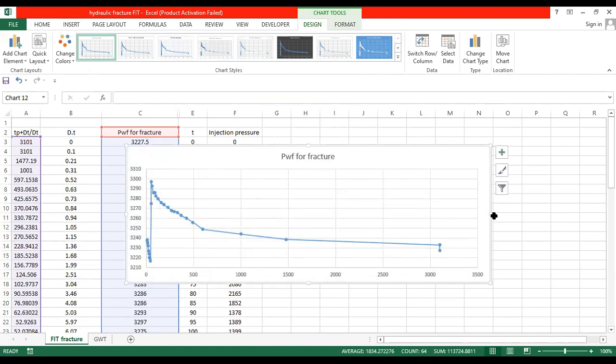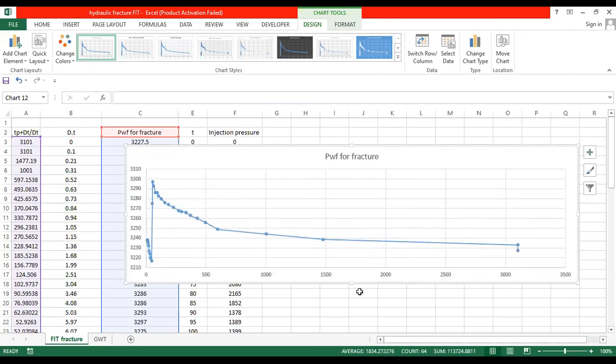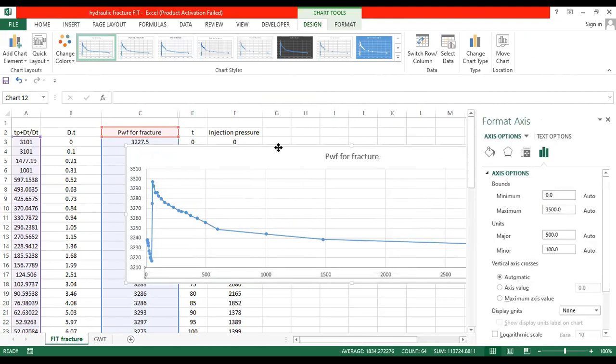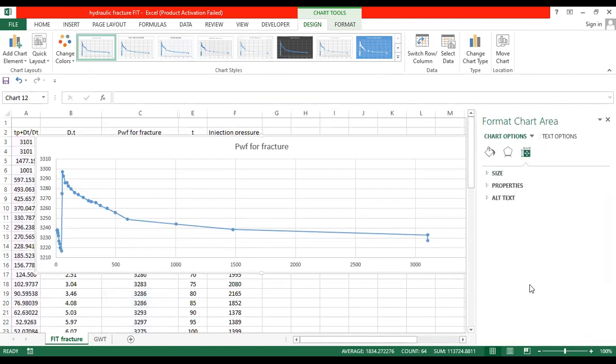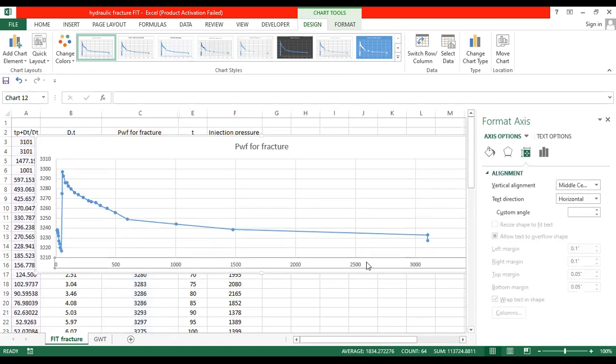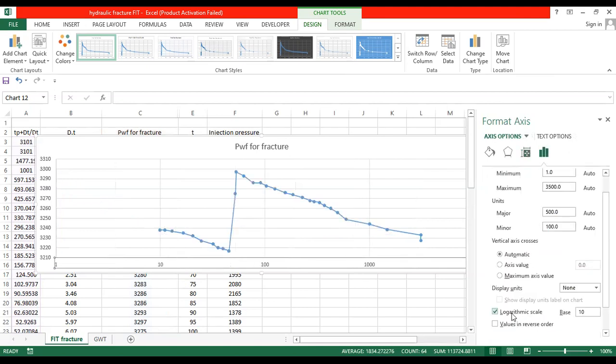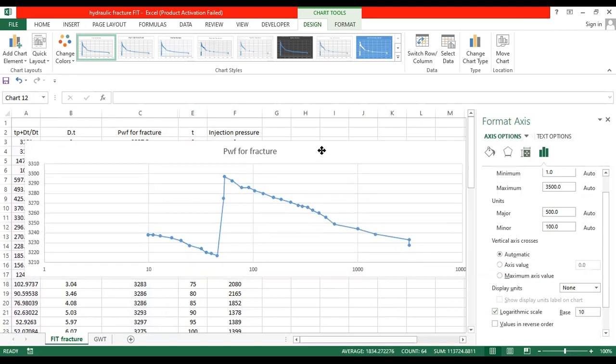Since the x-axis was not set with respect to logarithms, we couldn't get a proper trend of that graph. So I'm going to format the x-axis to logarithmic values. So I'm including logarithmic values. So you can see right now,